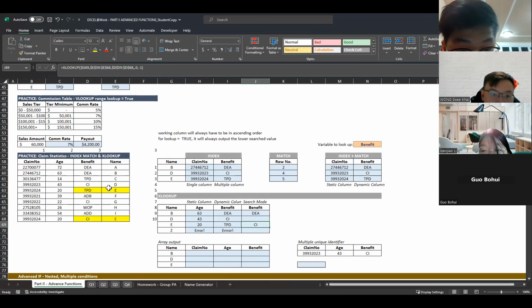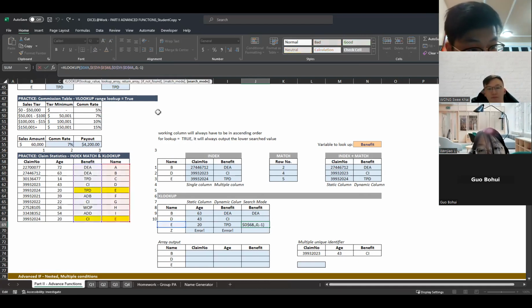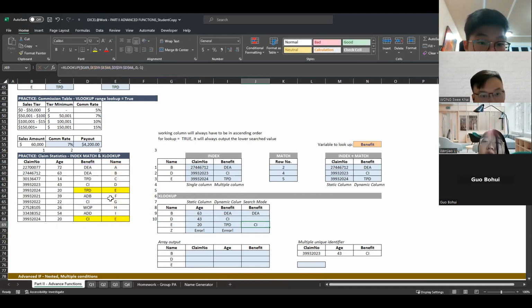Because technically if I search this, I should get TPD. But because of the way I searched the entries, I did a -1. I want bottom to top. So I'll search from the bottom to the top. If I find E anytime at the bottom, I'll output that bottom one straight away. So in that case, this is CI.